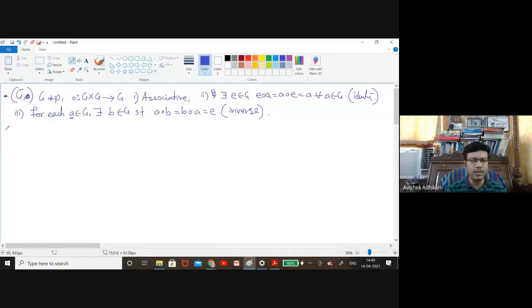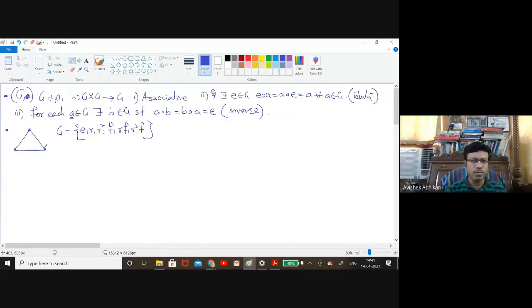so we started with a few examples, and I started with a geometrical interpretation of some groups. For example, I started with an equilateral triangle and I constructed all possible symmetries on it, and we have seen that it forms a group having 6 elements: the identity element, the rotation, then rotation square, then flip, then RF, R square F. So all those things we have already experienced in our last class. So it has 6 elements.